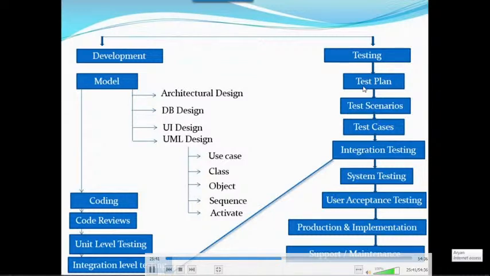Now, once the development is done, right? Just now we discussed. Once the development is done, whenever this task is assigned to QA, what do you need to do? First of all, you need to identify the scenarios. Scenarios means what I need to test.